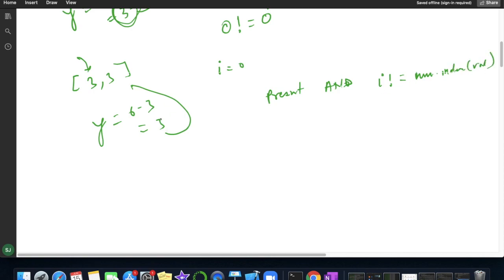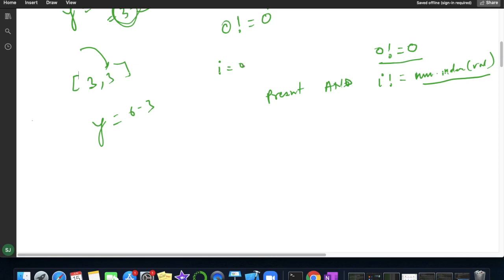If I check the index of this 3, it will return 0, because if I try to find the index of 3, it gives only the very first presence. So my current index is 0, and nums.index(value) will also give 0. So 0 not equal to 0 is false the first time, so it got bypassed and we move to the second element.